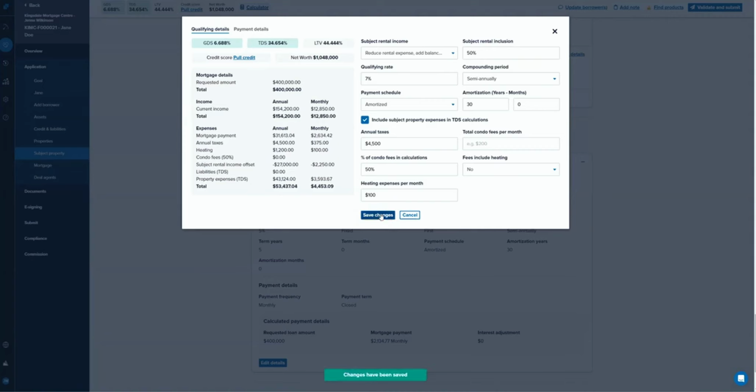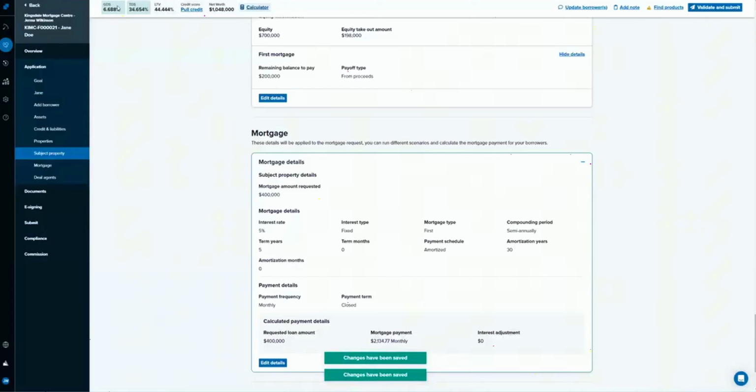So as you can see, our GDS and our TDS up here are 6% and 34%. Does anybody remember what the maximum GDS and TDS for the A side is traditionally? I know somebody's got to know this. Yes, go ahead. Usually it's around 38, 39 for GDS and 42 to 44 on TDS, depending on if